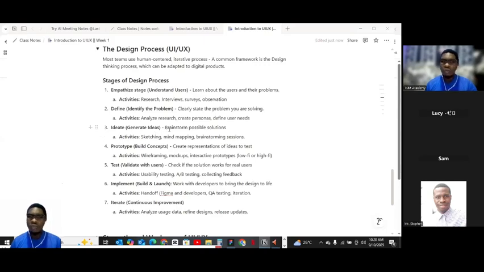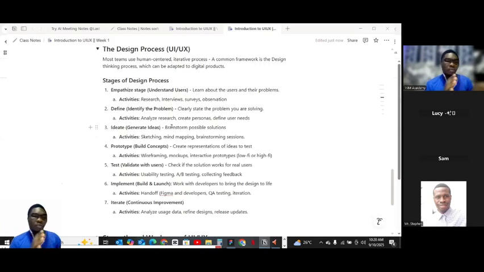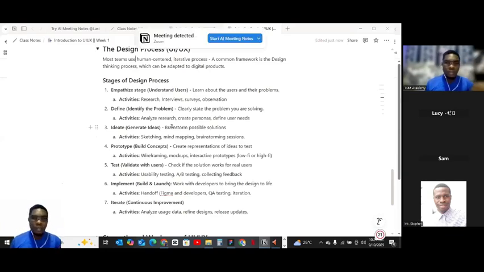You generate ideas, you brainstorm possible solutions. Now you have all this information, you have all these problems broken down into pieces, then you brainstorm, right? You start sketching, you start mind mapping, you start thinking, okay, the user will do this, the user will do that. You are brainstorming every session, the order, where the user will make orders. You're also brainstorming onboarding, where the user would enter their phone number, then you verify their phone number, moving into the app, the home page, and on the home page, you just keep brainstorming these things.